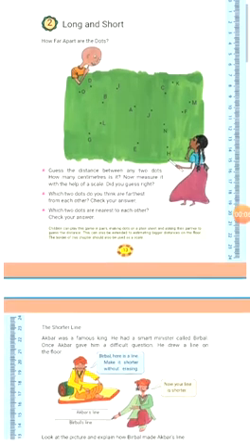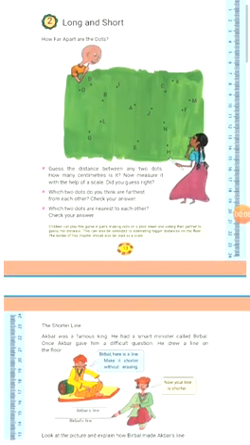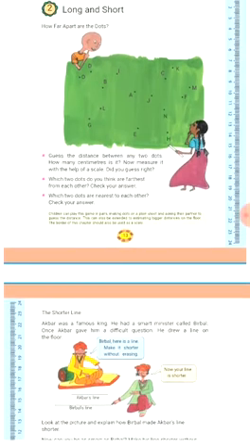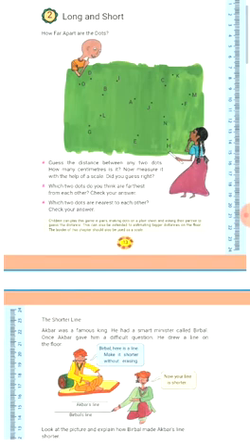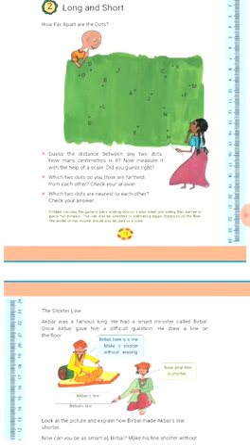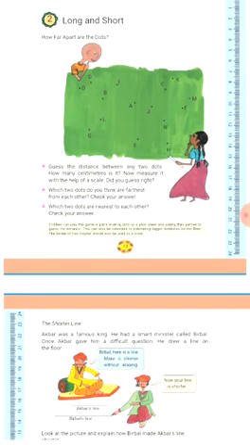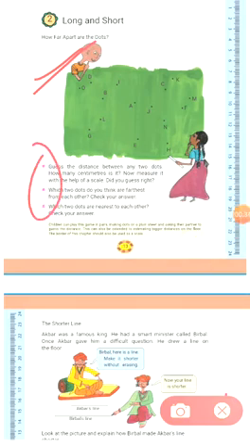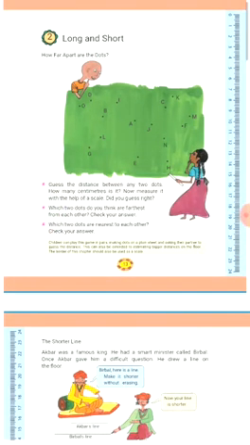Today is the second day of our video for chapter number 2, that is Long and Short. As we started in the previous video to clear the concept about long and short, I hope you all have understood it. Now, moving forward, here in your book a picture is given, and on the basis of this picture, 3 questions are given. Today we are going to discuss these questions.